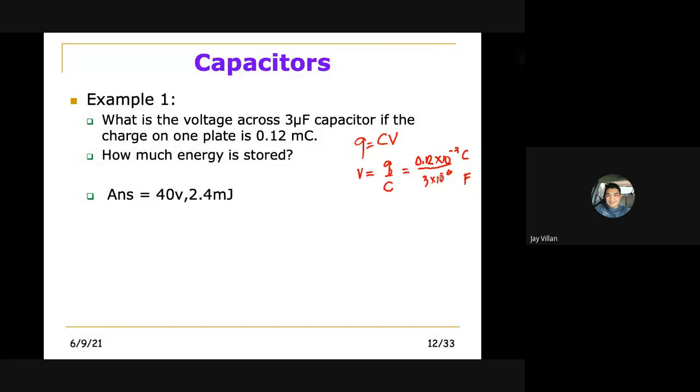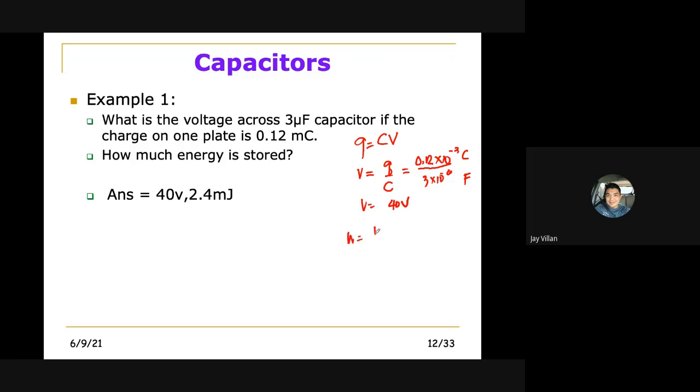Can you compute this? 0.12 divided by 3 raised to the 6. Is that correct? Yes, sir. Okay, so this is equal to 40 volts. Am I correct? Yes po. Okay, and then your energy